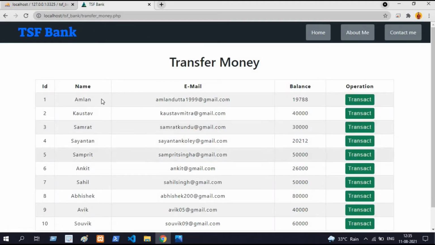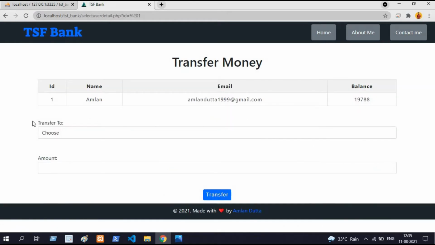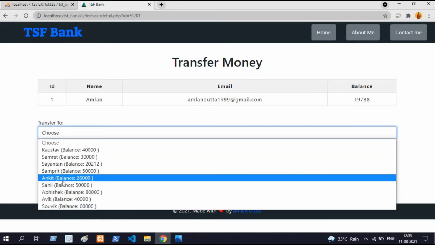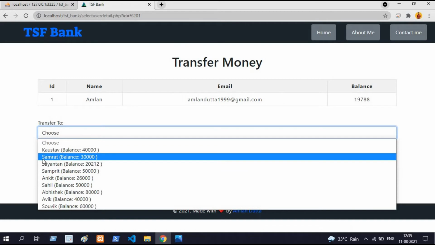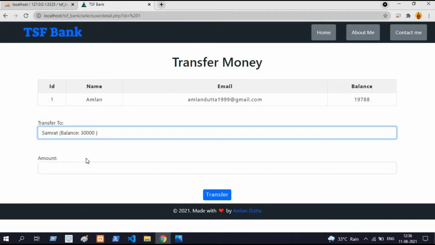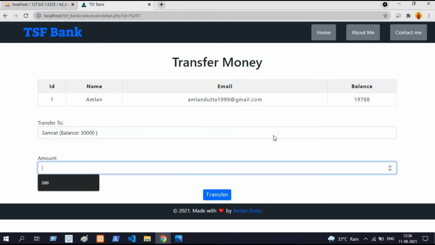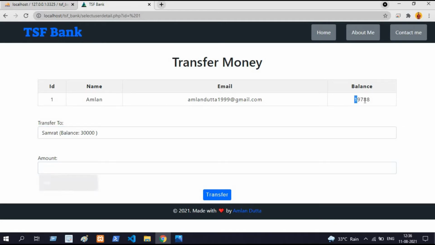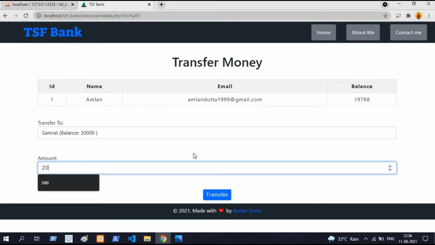For example, this is my account, I am Omlan Datto, and if I start transacting, it will transfer to the specific account to which I want to transact. For example, I want to transact to Somrat, whose balance is right now 30,000. I have my balance 19,788. I want to transfer him 2,000 rupees.